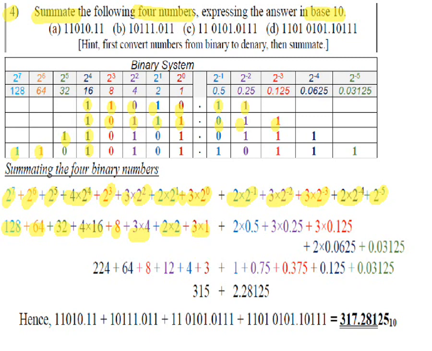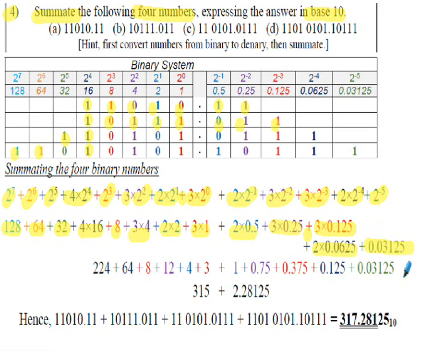On the right hand side of the decimal point, we've got 2 times 2 to the power minus 1, so that's 2 times 0.5. We've got 3 times 2 to the power minus 2, so that's 3 times 0.25, plus 3 times 2 to the power minus 3, so that's 3 times 0.125. 2 times 2 to the power minus 4, so that's 2 times 0.0625, plus 2 to the power minus 5 is